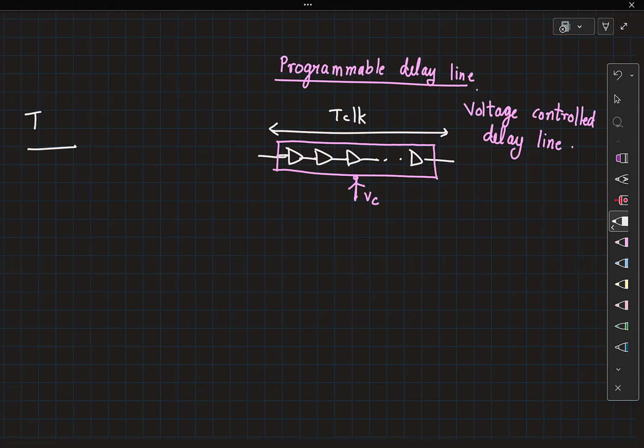You have a reference clock which has a t clock delay. Now this delay line has some TD. You want to make sure that this TD becomes equal to t clock. So in analog circuits, what is the first thing that you do when you want to compare both? You will find out the difference between the two. You estimate the error, then you will do some processing, and based on that you will go and tweak this voltage. So that is what we'll implement for this delay line also. We'll see how this is done. We have time. Yeah, we have 5 more minutes.